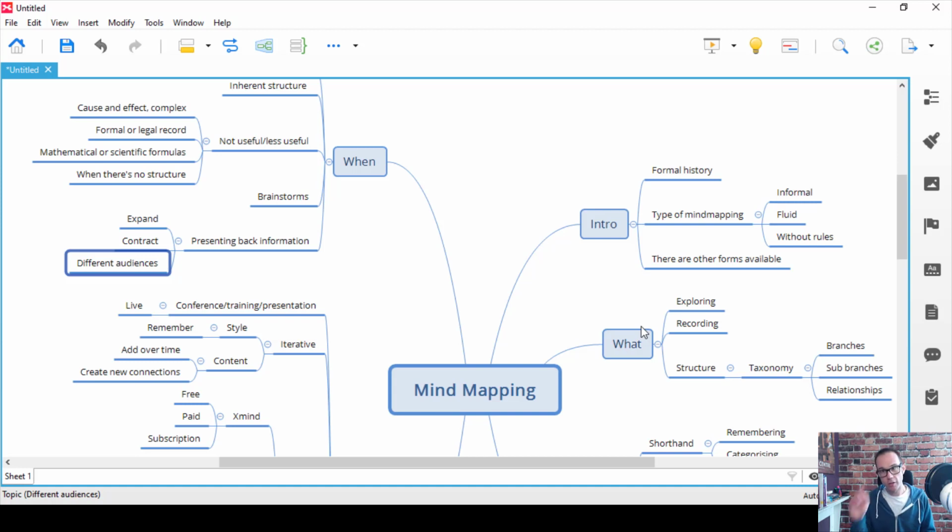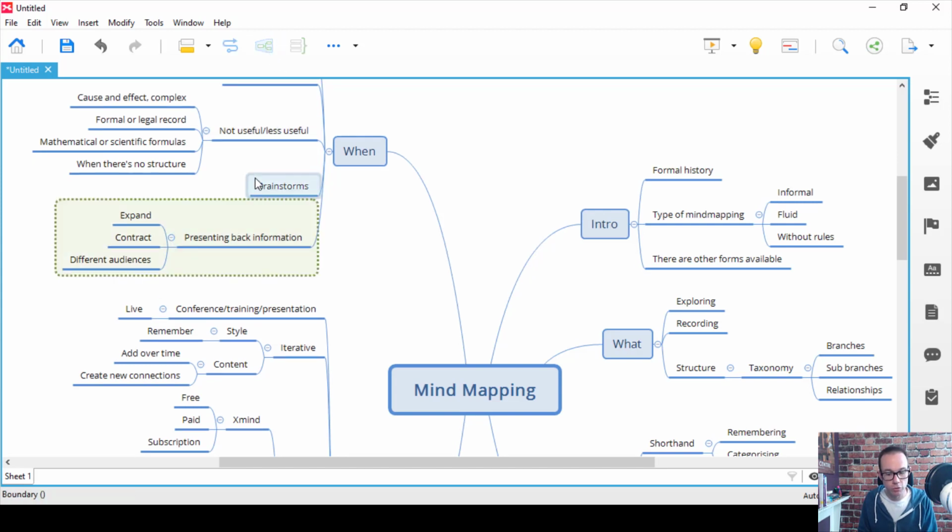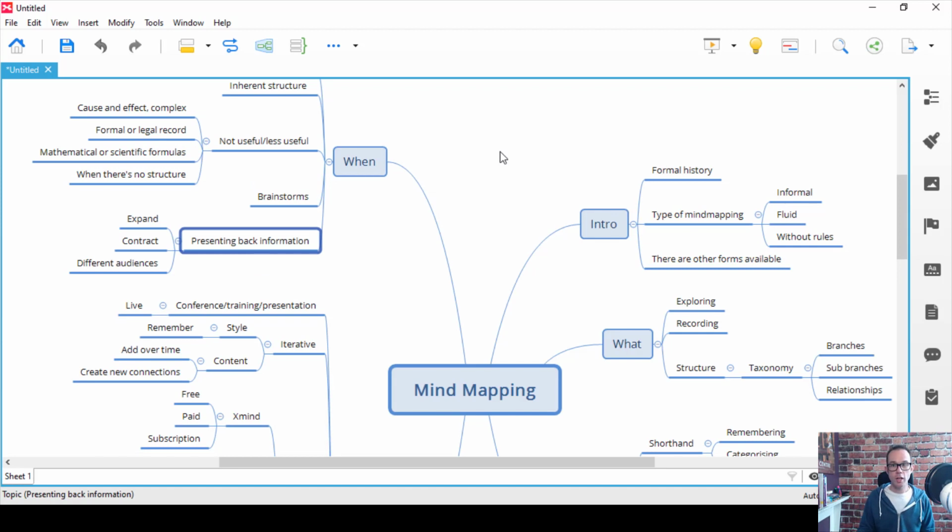One other thing to mention, just before closing: if you choose a mind mapping tool, make sure whatever tool you have has this feature. You can actually show connections between different branches. So here you can see, I won't actually show it, but if that related to that, I could show that. And you can also create different groups and things like this. There's all sorts of different options in there.